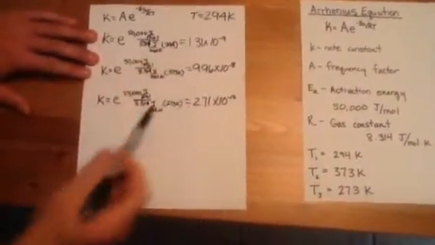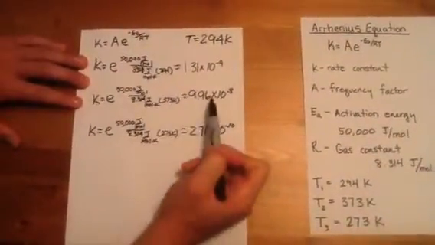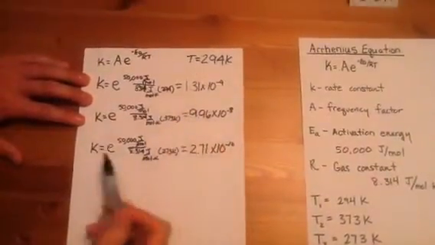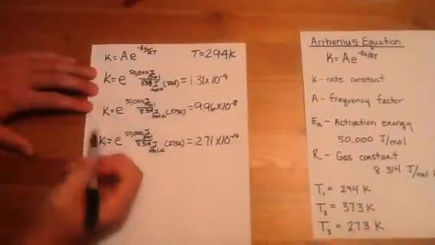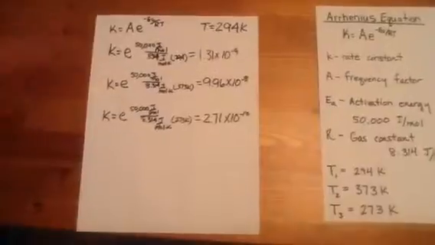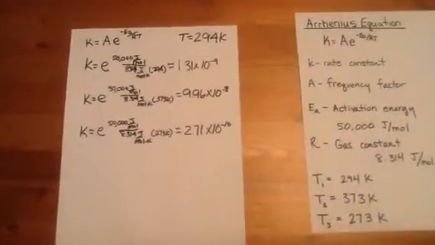As you can see, these values, K at boiling temperature is a lot bigger than it is at room temperature. Room temperature is bigger than at cold water. So, the higher the temperature, the larger the K. The larger the K, the higher the rate. Now, if the rate of reaction is higher,